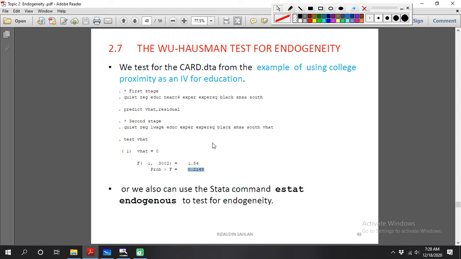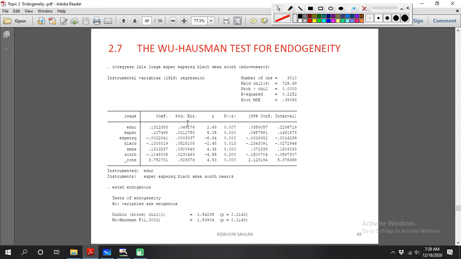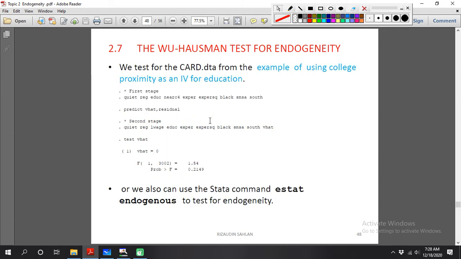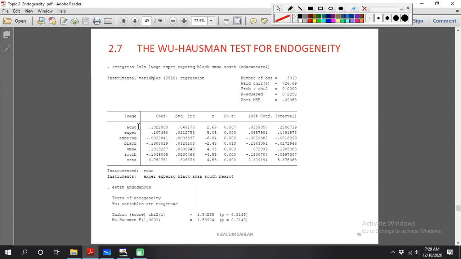So this is how we do it manually. But how do we do it using ivregress? Stata also provides the test without doing this manually. To get the result for endogeneity automatically, we need to use ivregress.